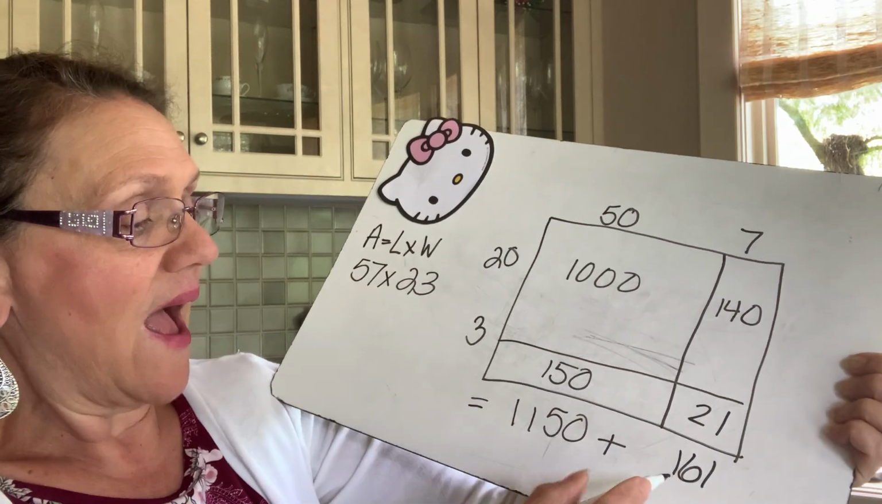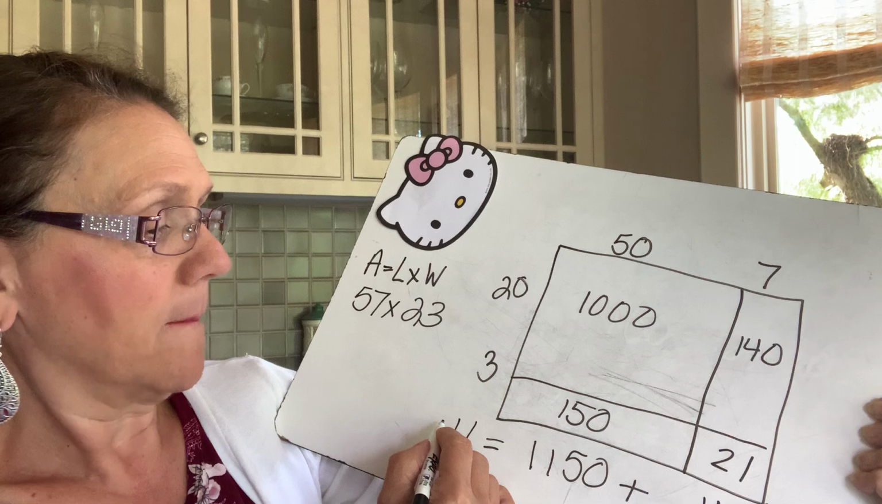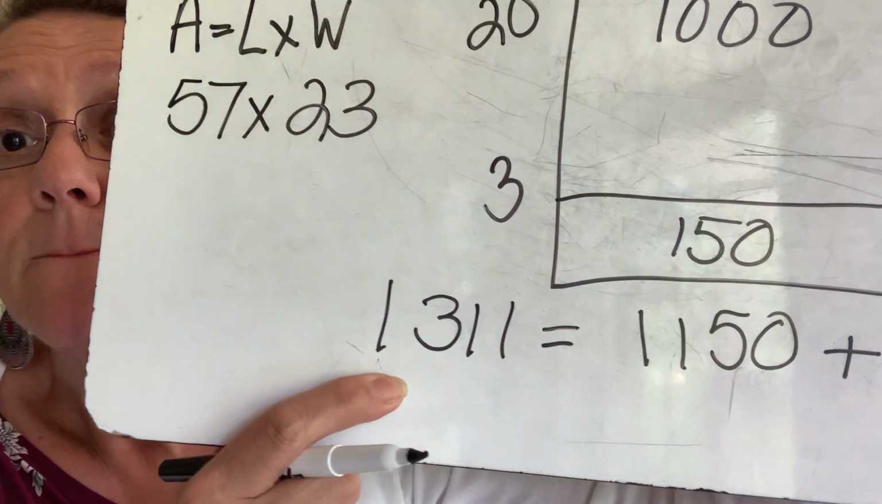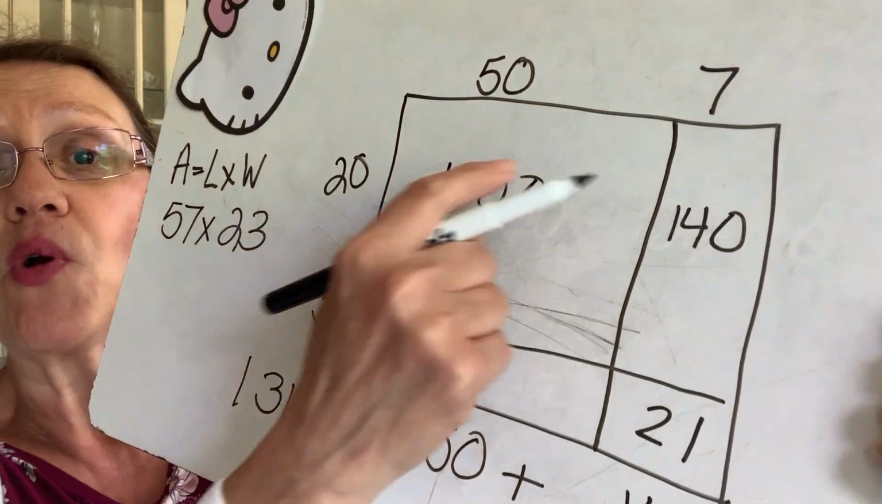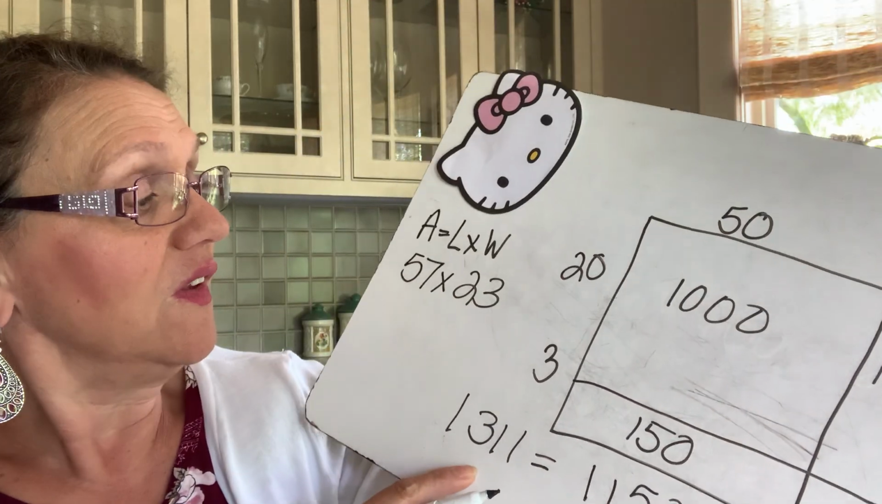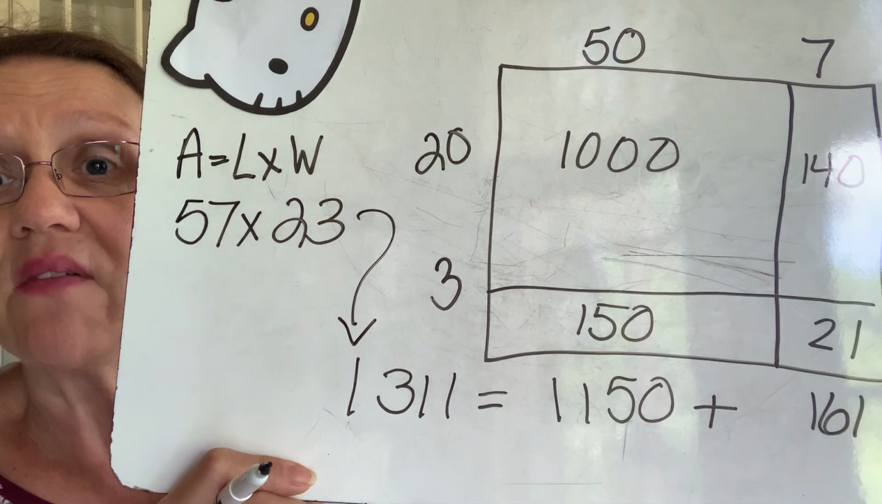And then if I add them together, I get my product. So each of these are partial products, and this is my final product. So 57 times 23 equals 1,311. Oh my gosh, yes. That is how you multiply